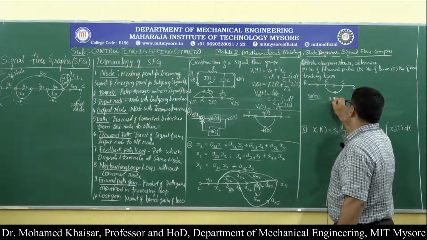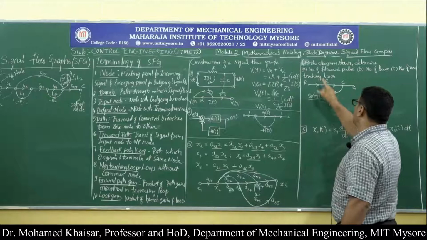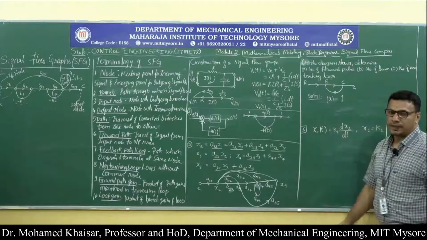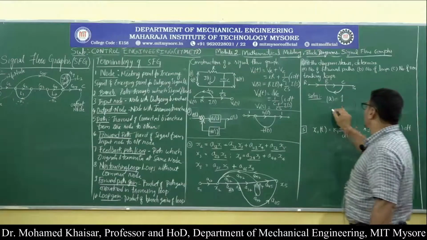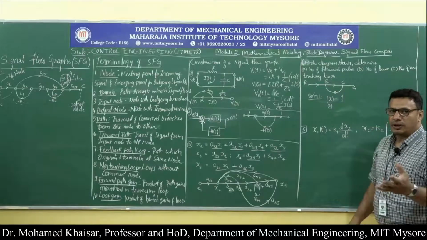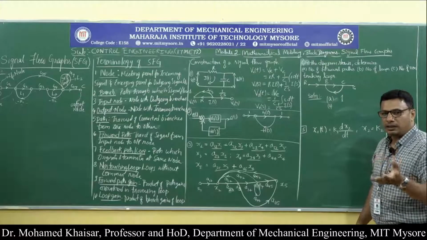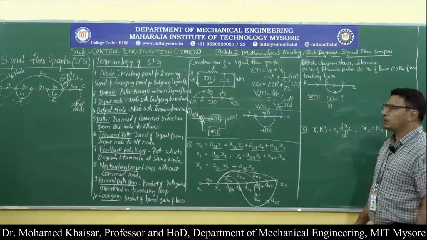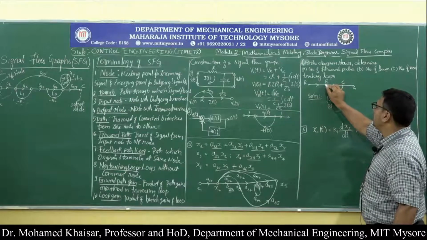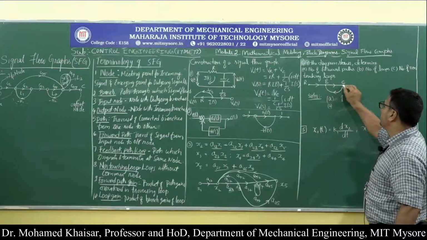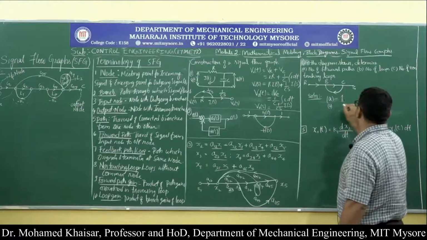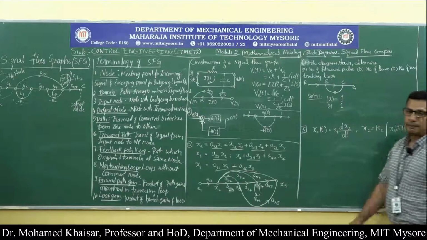So the solution to the question one, number of forward paths, is just one. Then number of loops is the next question. How many loops are there? A loop, as per the definition, is the path that starts and terminates at the same node. So here, if you look, this is the path. From here the path starts, goes till this node and comes back to the same node. This is the only loop that is available. So number of loops is also 1.